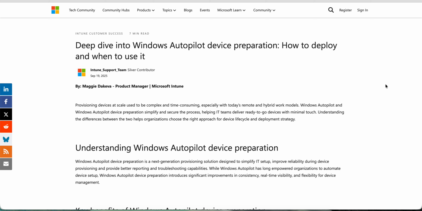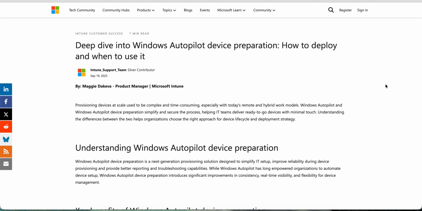Because Windows Autopilot device preparation is a next generation provisioning solution, designed by the IT, and it will help you simplify